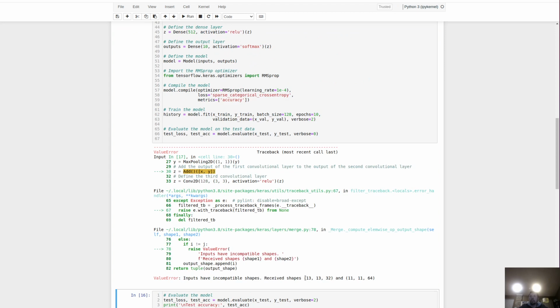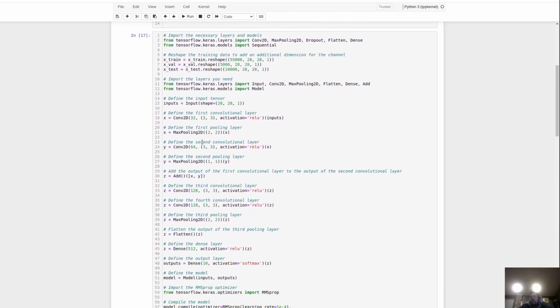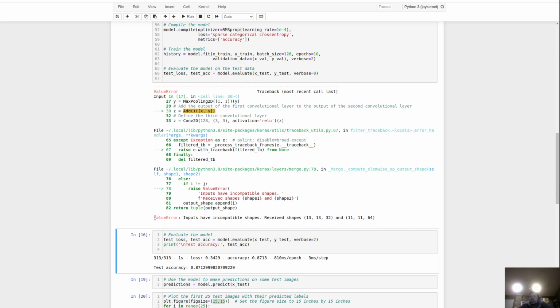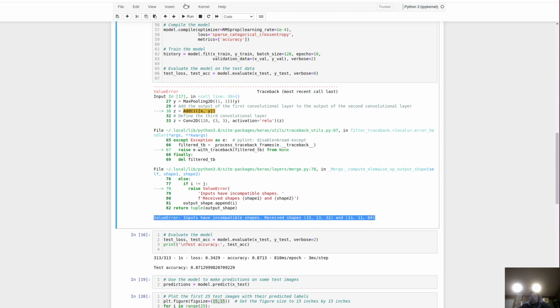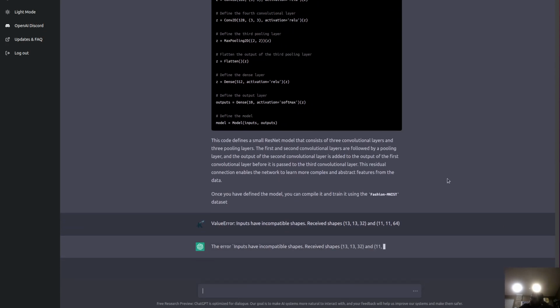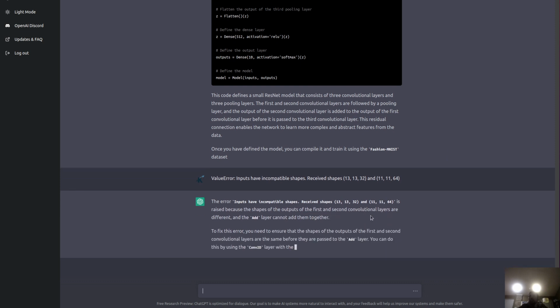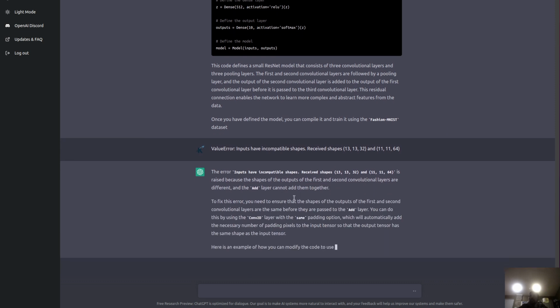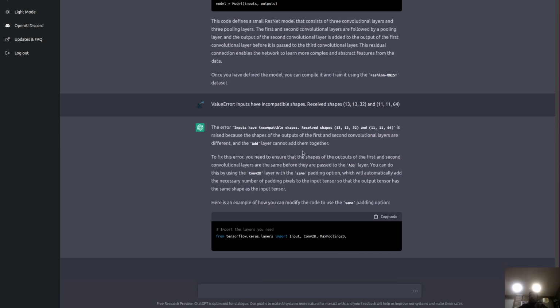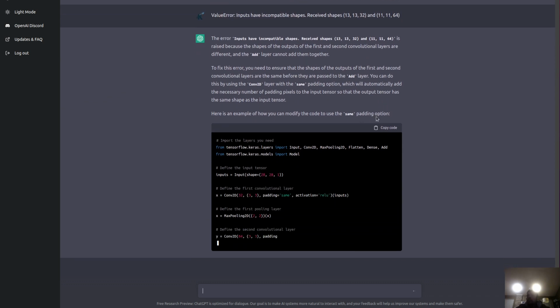Inputs have incompatible 13, 13, 12. Come on. Did I mess it up or did they? 28. Shape of the outputs of the first and second conv layers were different and the add layer cannot add them. To fix this, the second convolution layers, it might just have to add a conv that has like a single